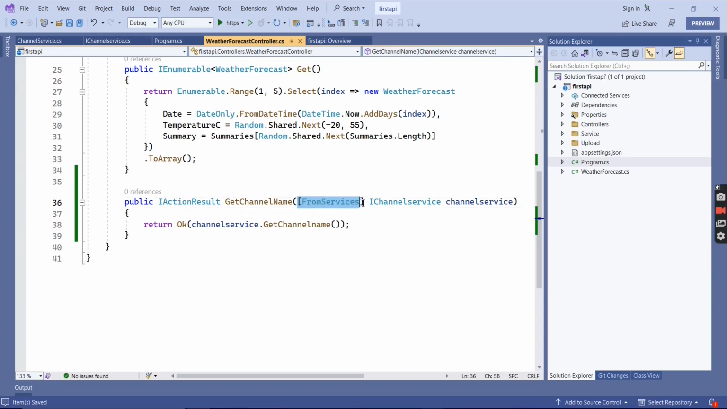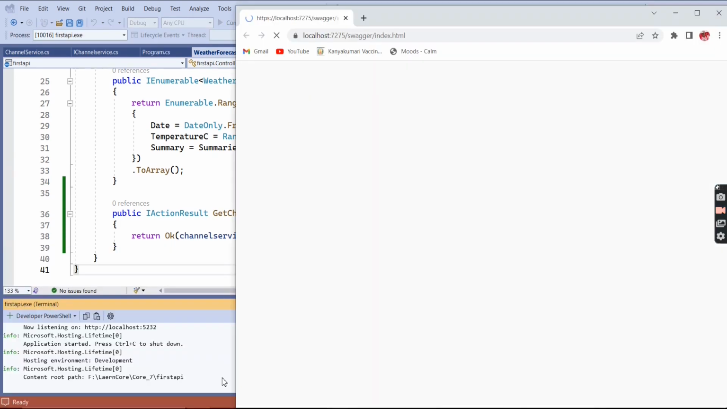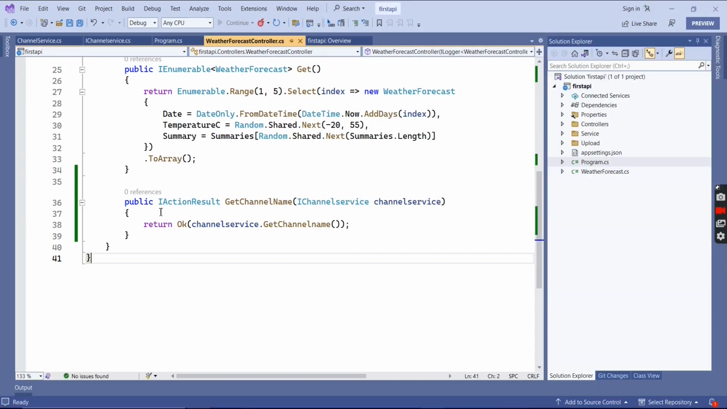So in this .NET Core, this attribute is not required. It will work like this one. So let me run this one and we can verify. Okay. Okay, we got the Swagger error. So